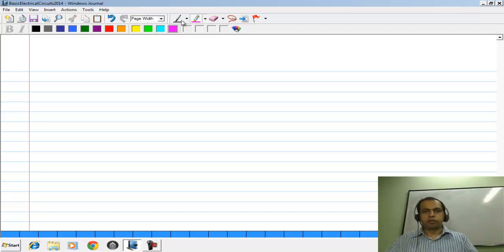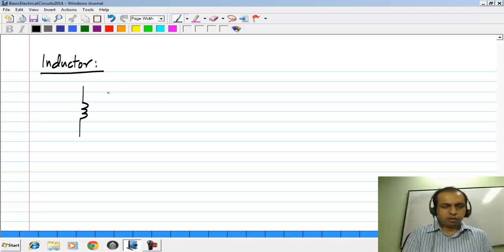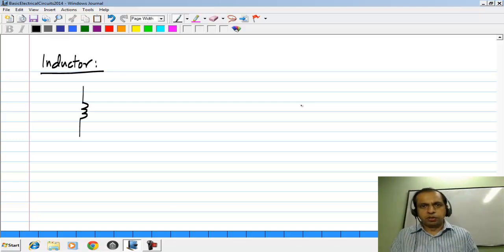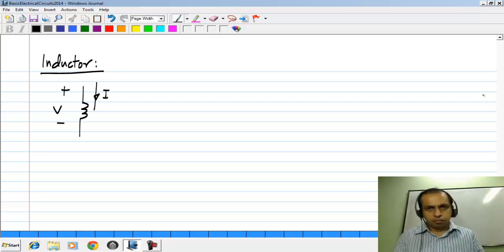The next basic element is the inductor. It's given by this symbol which resembles a coil. This is because inductors are frequently implemented as coils of wire. And again, we define V and I using passive sign convention. Okay. Now it turns out that